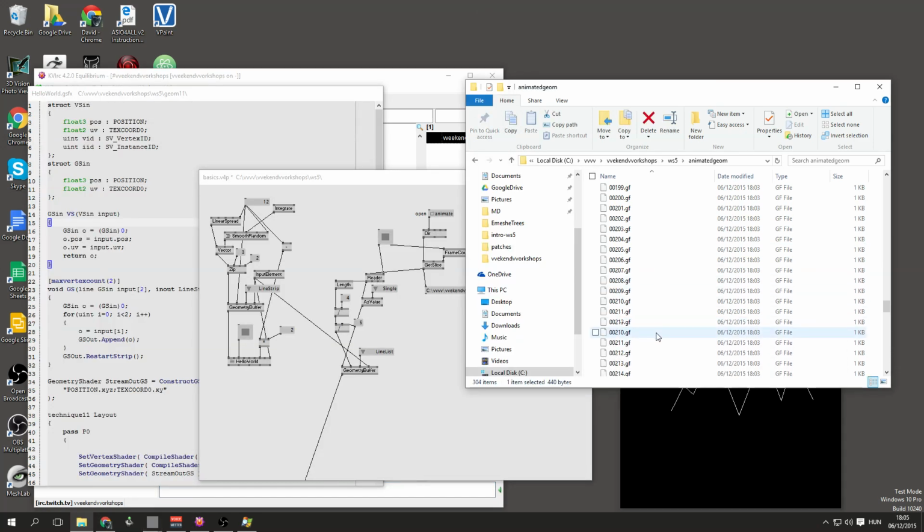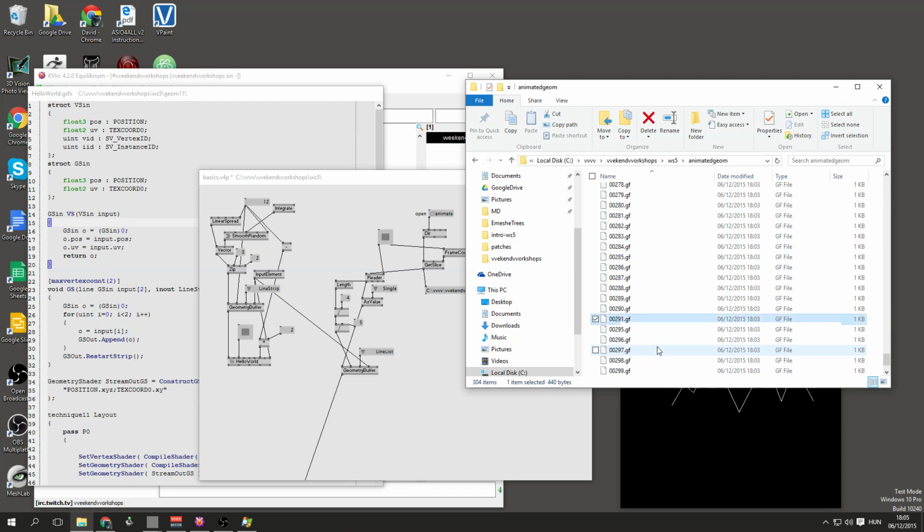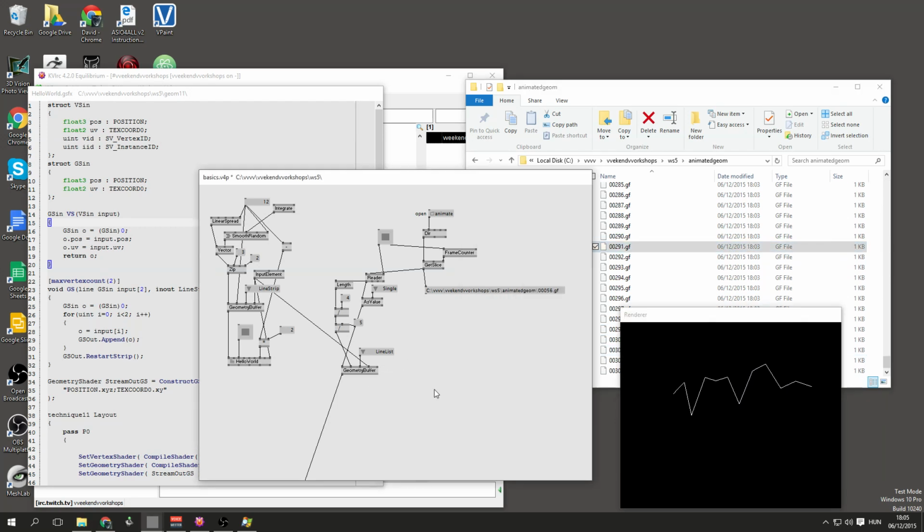You might want to do some more clever thing. What you can do is buffer up. It depends on how long the animation is. For a short animation, you can load the whole thing at once in your loading phase of your application, and